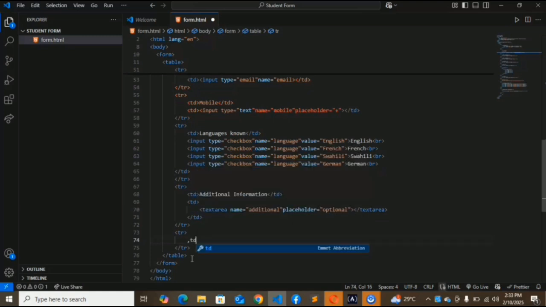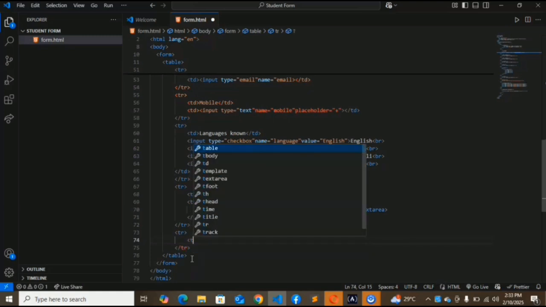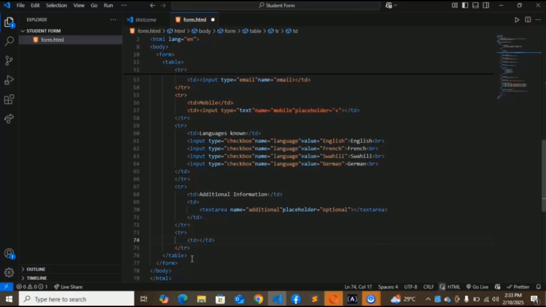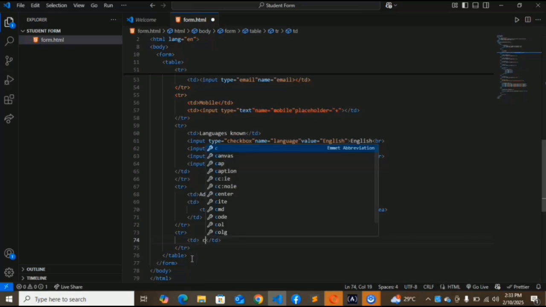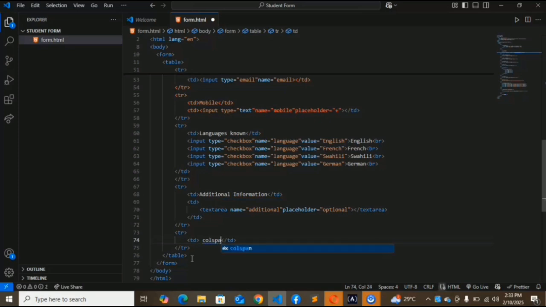The table data, and we are going to column span it to a value of 2. Don't want it to be thick. We close. We are going to close the tag,